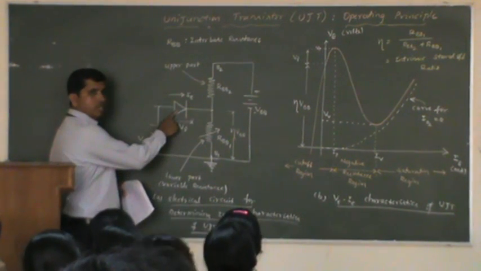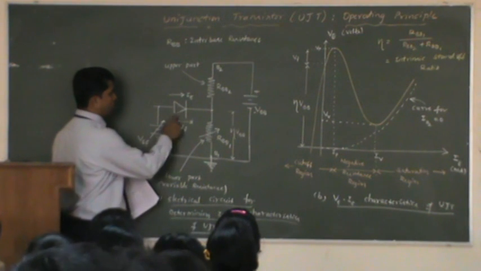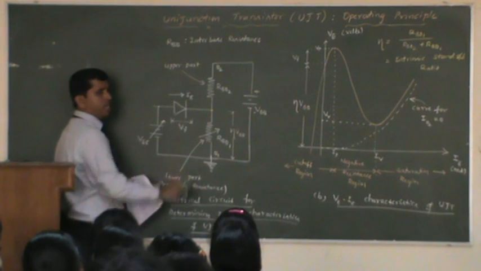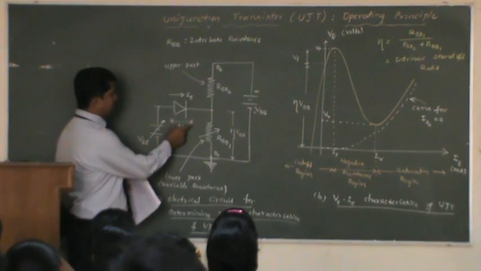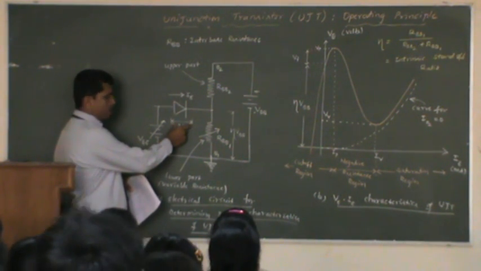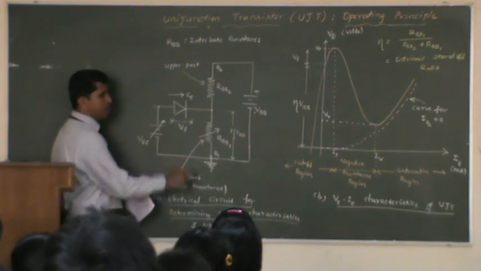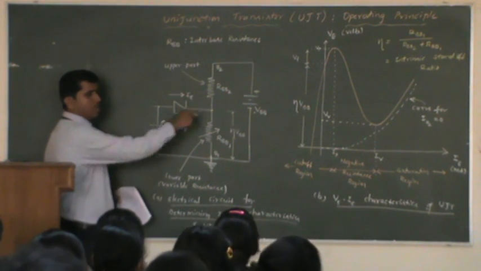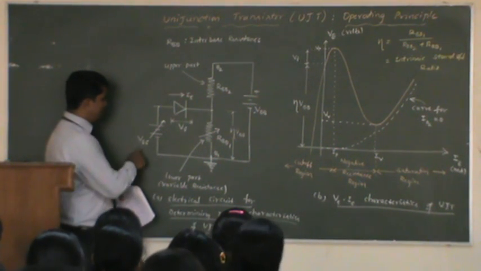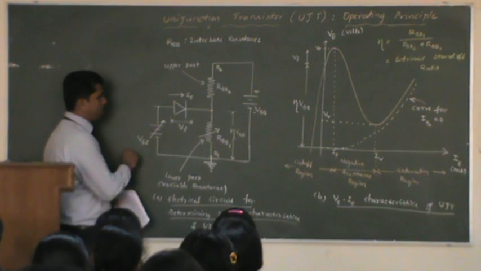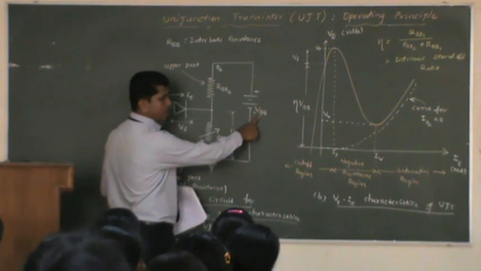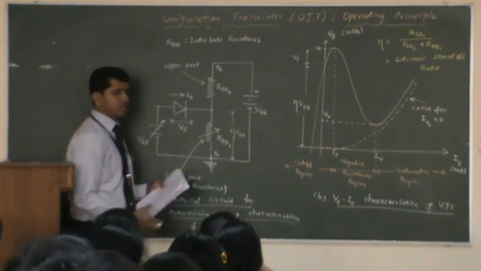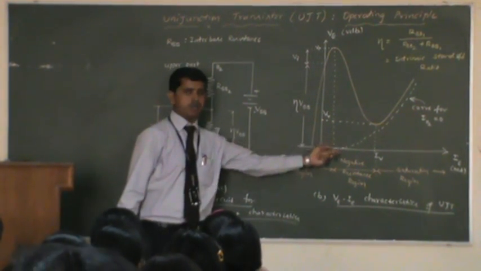And you can see in the equivalent circuit the PN junction. This is the junction between P and N type semiconductor. And of course, there is a cut-in voltage drop across this, which is typically 0.7 volts for silicon. You can see a power supply has been used here to draw the electrical characteristics of the UJT, which is labeled as VEE, the emitter power supply. And we need another power supply which is labeled as VBB, the base power supply. So these are the two power supplies needed to draw the VE characteristics of the UJT.